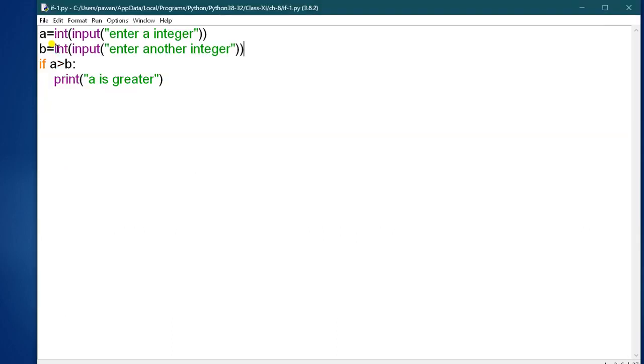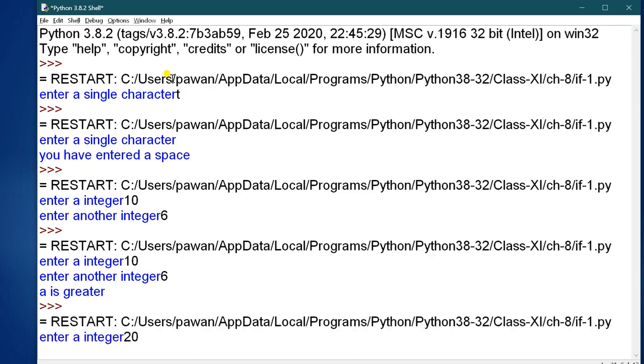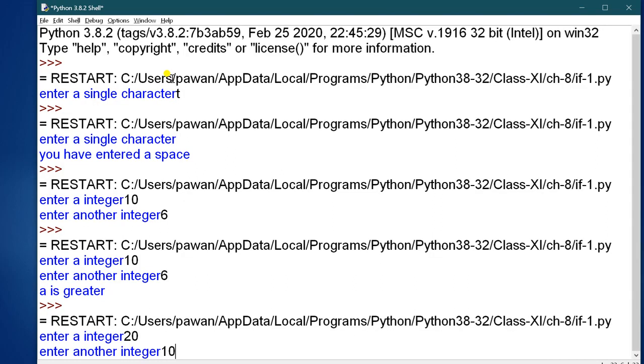And in the same code, if I am writing the else part, this else part says print b is greater. Then what is the output now? Now change the value, that is 20 for a and 10 for b.